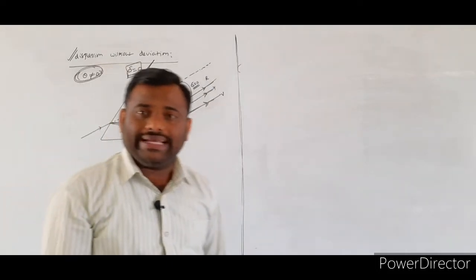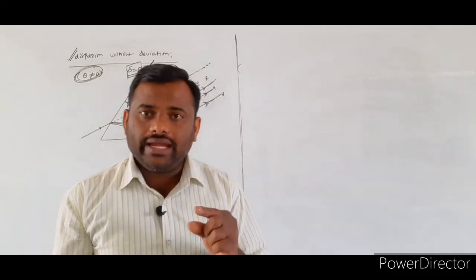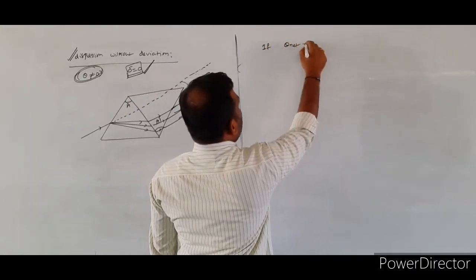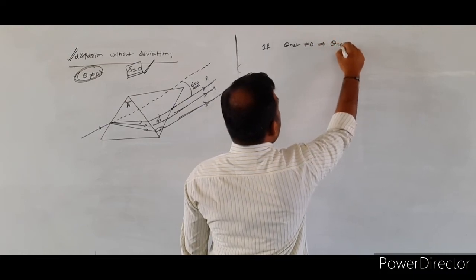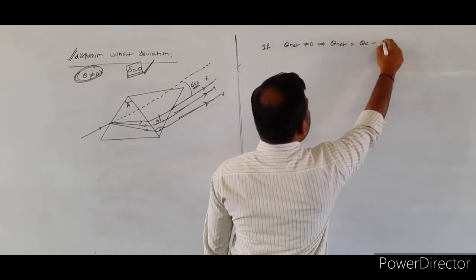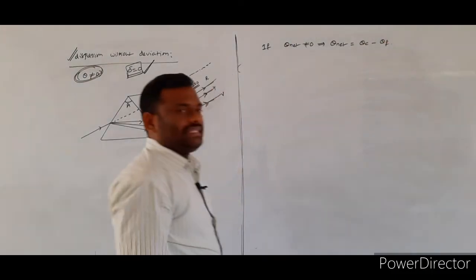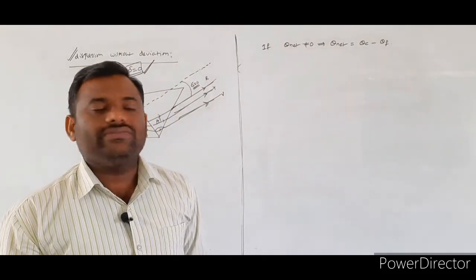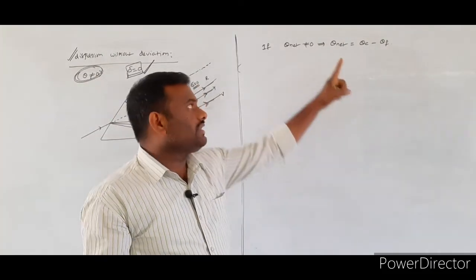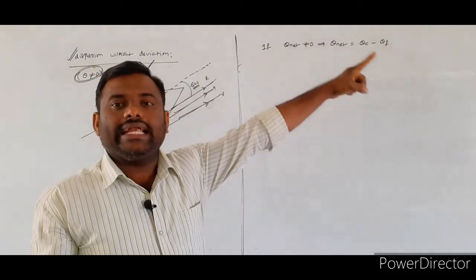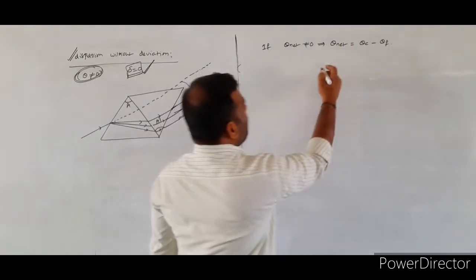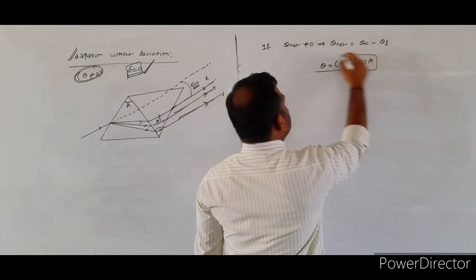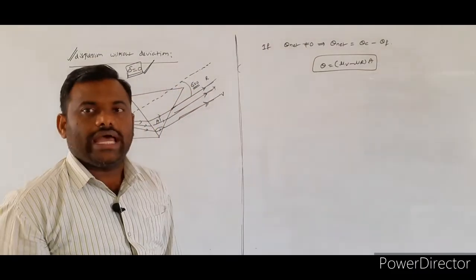Whenever the dispersion of the light takes place, total angular dispersion will exist. So here, if theta net is not equal to 0, we will write theta net is equal to theta c minus theta f. Why do we write theta c minus theta f? Because the flint glass is arranged in reverse order. So what is the theta value? Theta value is equal to mu v minus mu r into A. So this is the general formula for the angular dispersion.